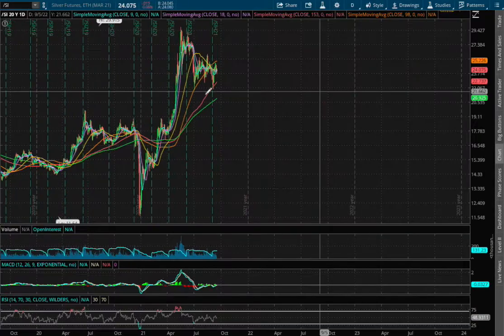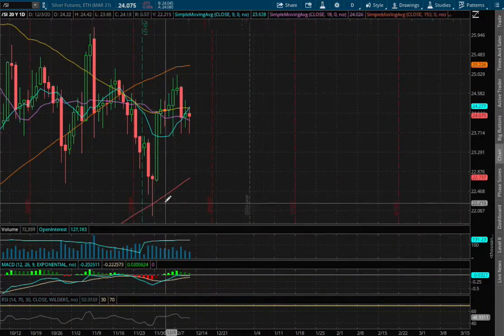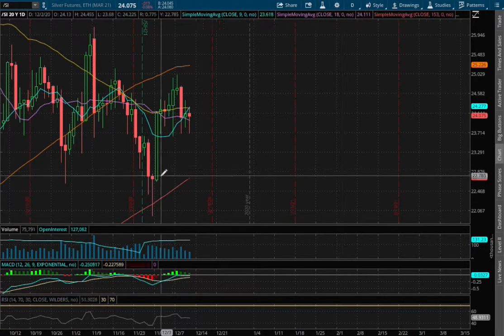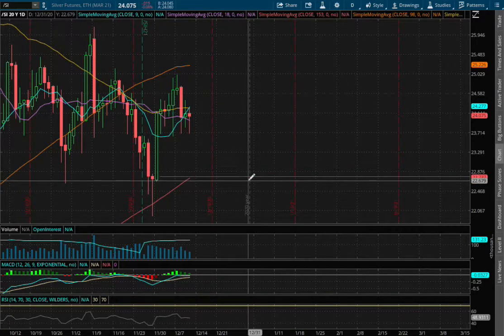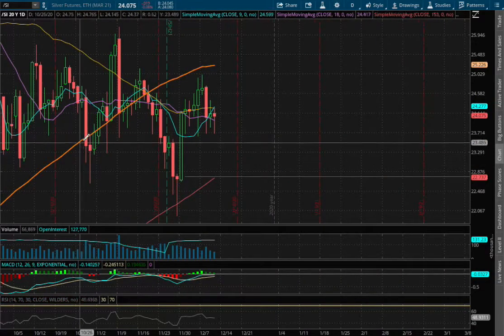As we extend out once more onto the daily chart, we still remain in negative MACD, and we did bounce right off the 150 moving average, this red line, which continues to act as our support at the price of $22.73. And as for resistance, we do need to break above the 100 moving average, this orange line, which acted